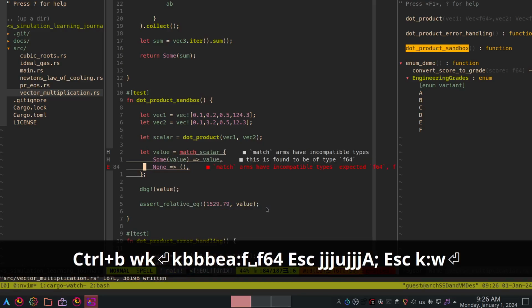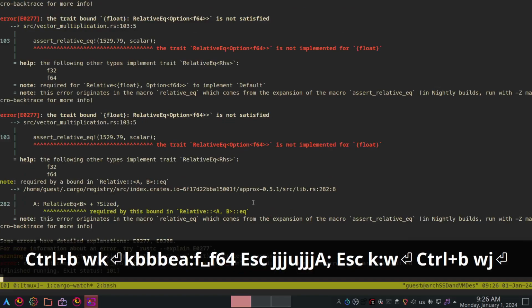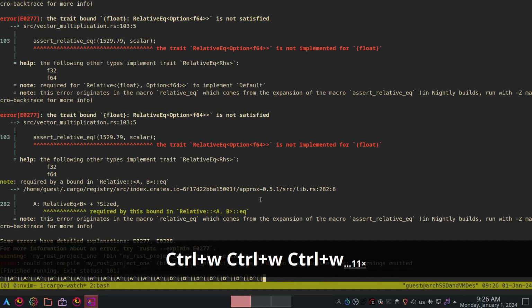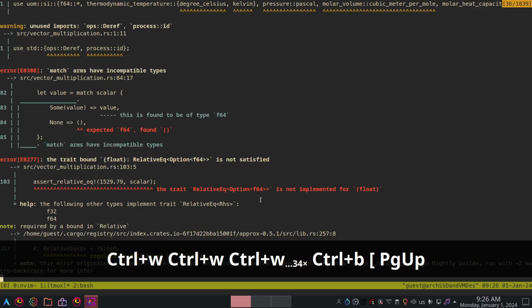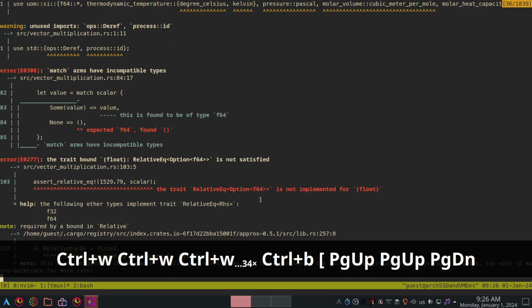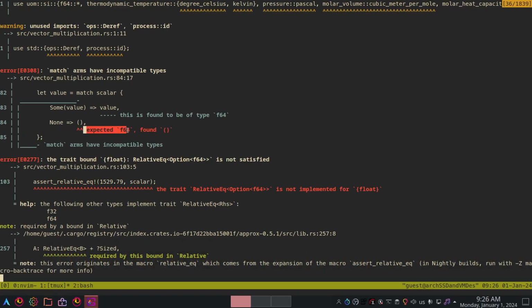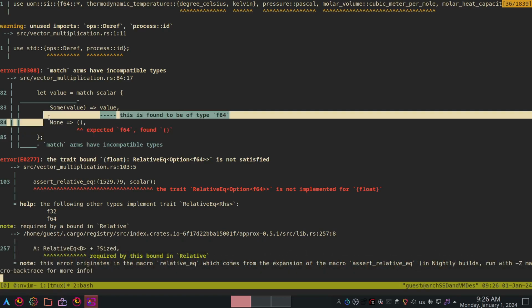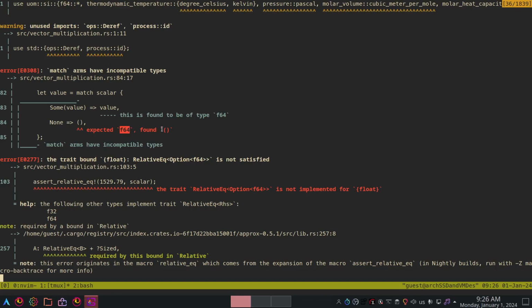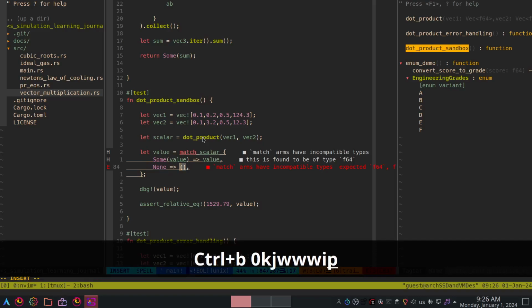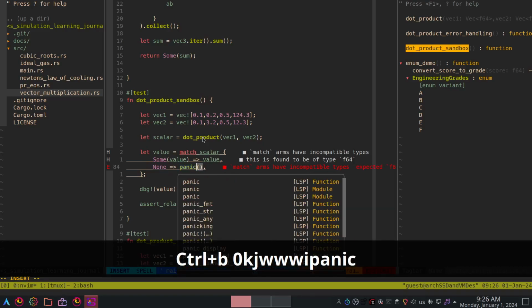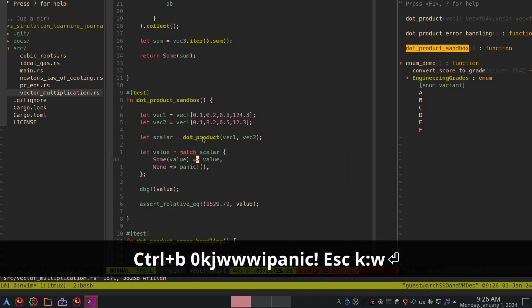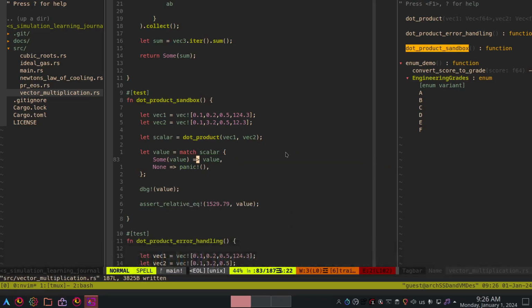Make sure I don't forget my semicolon here. Now it's complaining about something else, that my match arms have incompatible data types. Yes, I cannot just do nothing. It's expecting an f64 type, but it found nothing. So what can we do in this case? Well, we can do something called a panic to say that there is some sort of error,